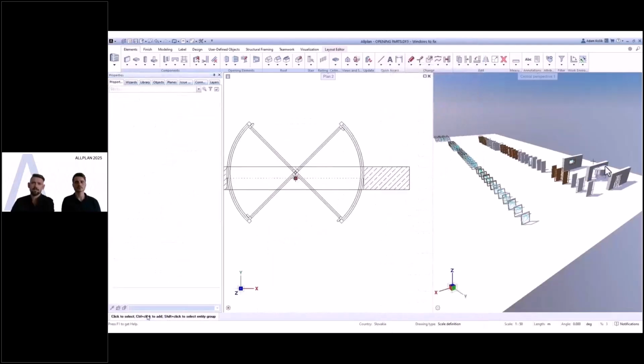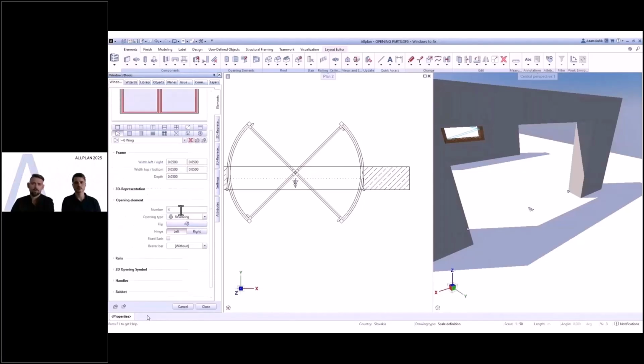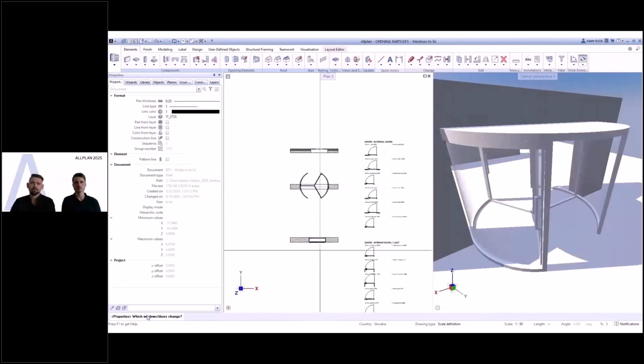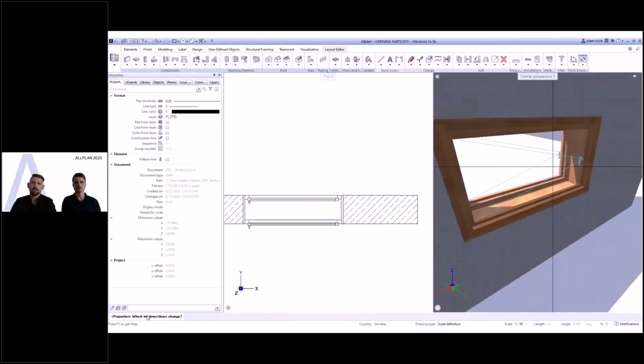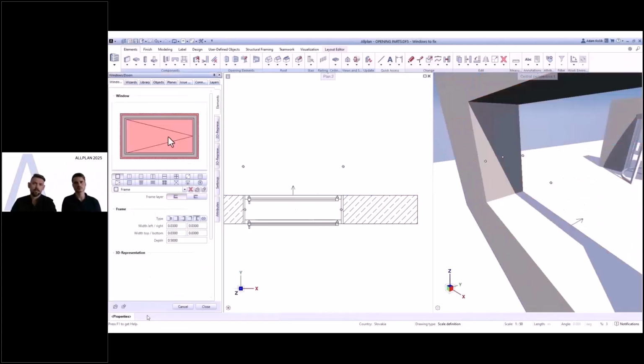A brand new feature is a completely new type of door, the revolving door, where you can set the so-called drum frame and define the revolving opening tab, and maybe play with the number of segments of this revolving door. Another new type of window is the double casement window, mostly used in older or historical buildings, so you can create a double frame and set individual sub-elements either to the inner or to the outer main frame.